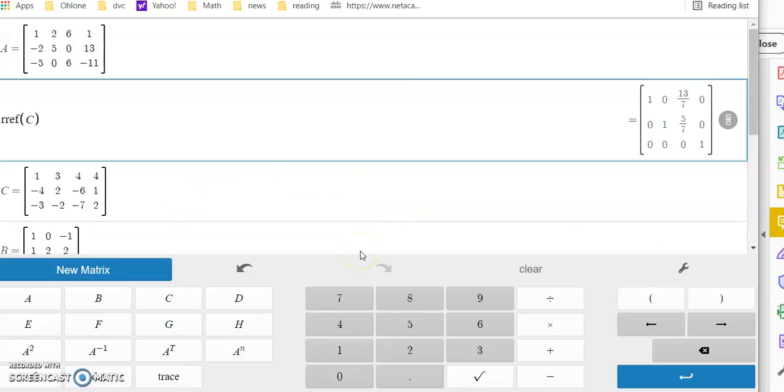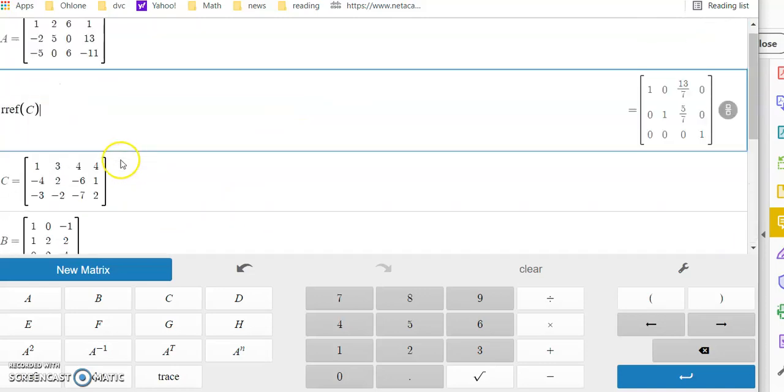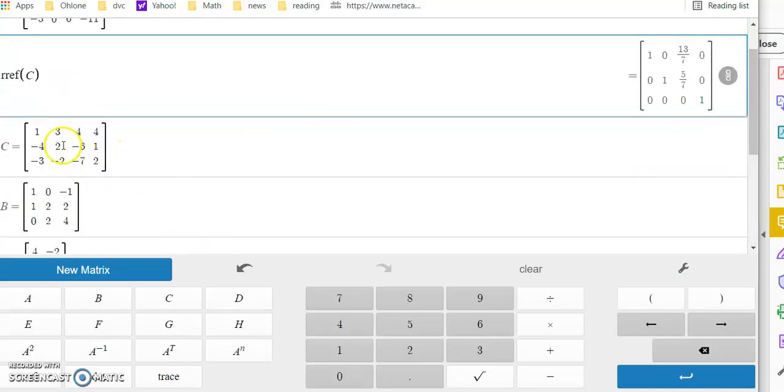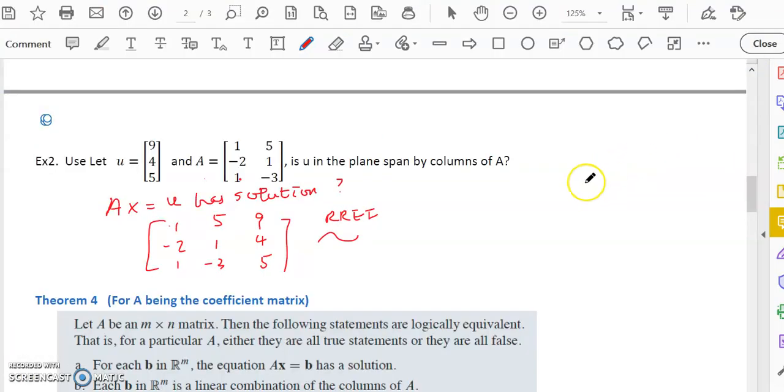Did I have it done? 1, -2. Okay, I have 9, 4, 5. So it's F. So let's do the row echelon form of F. It becomes, yes, it is 0, 0, so yes. So the row